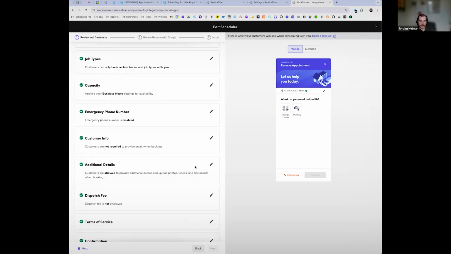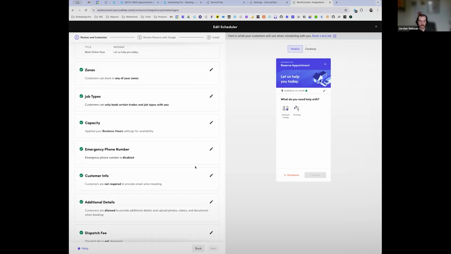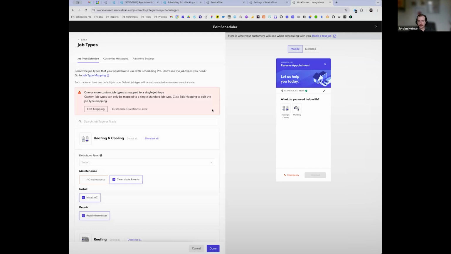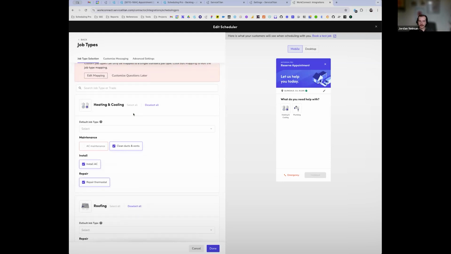Okay, so those are some of the different text fields. Now I want to talk job types. So there's two different modes that you can do here, basically. You might be asking yourself, how do we know what questions to ask your customers? We'll use the job type mapping settings in ServiceTitan by default, but you don't have to deal with these if you don't want to. So if you come to this page, you might have job type mapping set up in